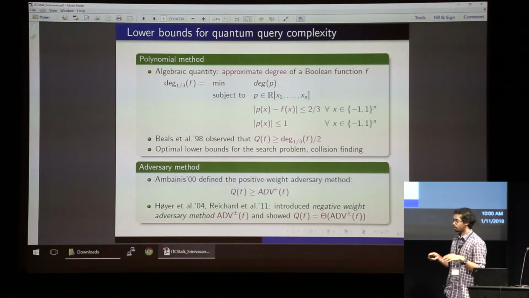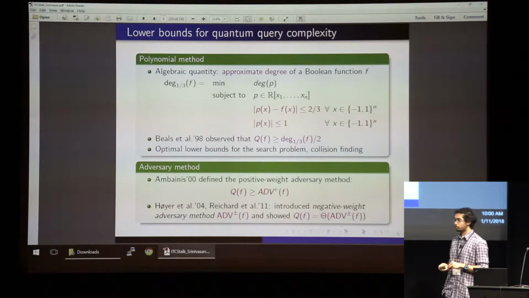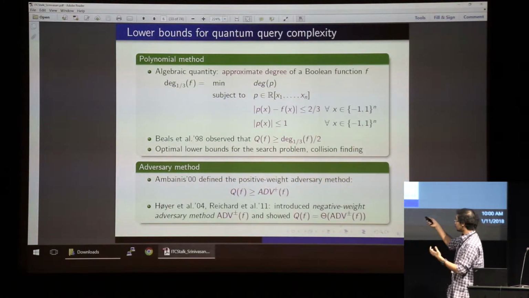And Reichardt et al., in 2011, after a sequence of works, showed that the quantum query complexity is theta of the negative weight adversary method. So just computing the quantity given by the negative weight adversary method tells you the quantum query complexity of a Boolean function. And because it's a theta, people also used it to construct many new algorithms